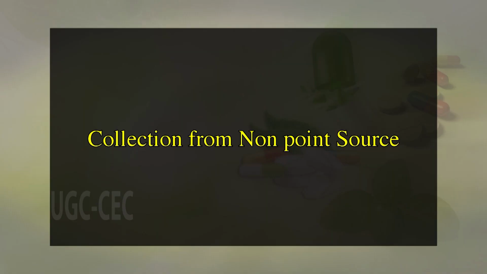Number 1. Collection from non-point source. This stage includes door-to-door collection of waste. Most collection is done by the garbage collectors, who are employees or by firms under contract to the government. Garbage collectors employed by local governing bodies manually collect the waste generated at the household level and dump it into the community bins at specified street corners.